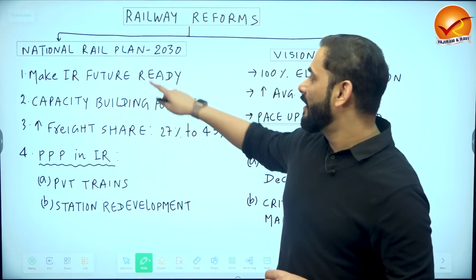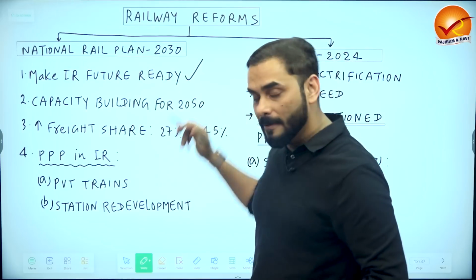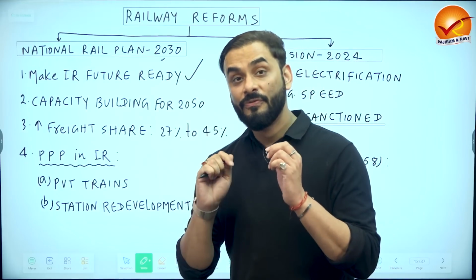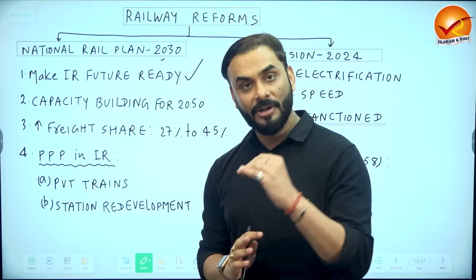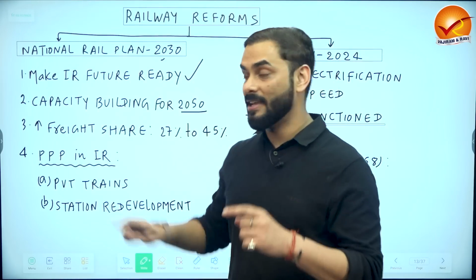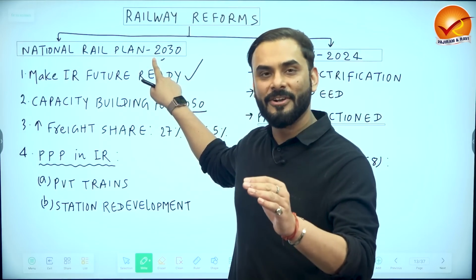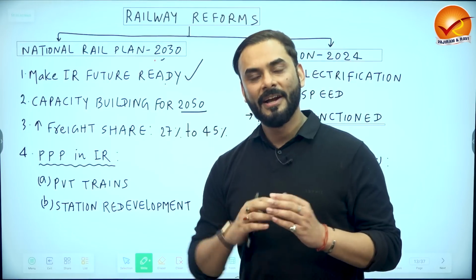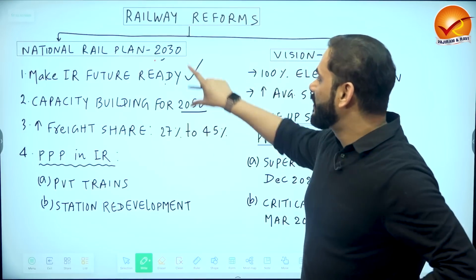So the government of India has created a National Rail Plan whereby the government's focus is to make Indian Railway future ready. The government says that by the year 2030, we would add so much capacity to the Indian Railway that Indian Railway can take care of the requirement of the Indian economy till the year 2050, which means by the year 2030, improve the railway to such an extent that railway can take care of the needs of the Indian economy till the year 2050 safely. Which means prepare today in such a manner that for the next so many years, you don't need to prepare. You are ready. That is called future ready. All right. So this is mentioned in the National Rail Plan.